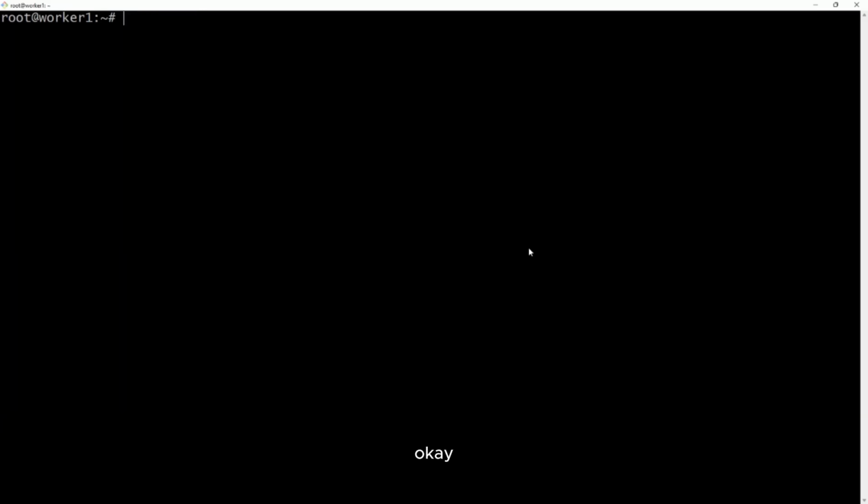Okay. And now you can SSH to the server without entering a password.